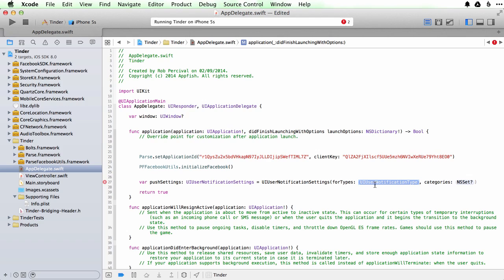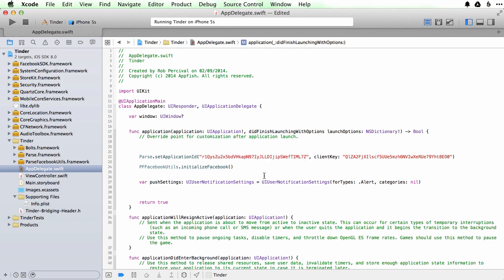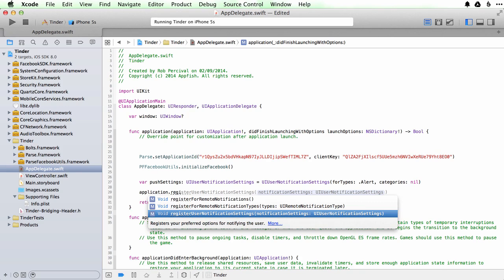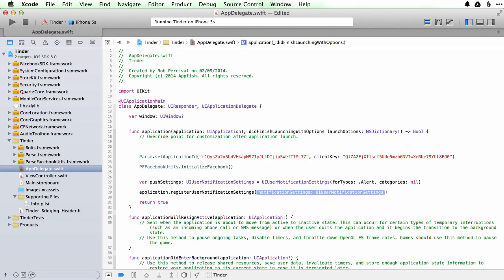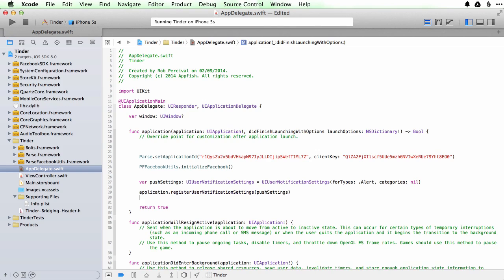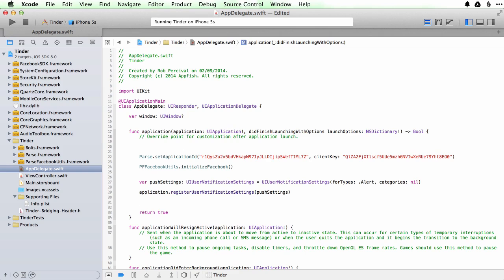create it using 4 types. And the types that we want to use are alert. And the categories we don't need to worry about, so we can just set those to nil. So essentially this just describes what types of notification we want to use, and we're just going to go for alert for now. And then we take the application and we register the user notification settings, and we're going to use our push settings variable as our settings, and then